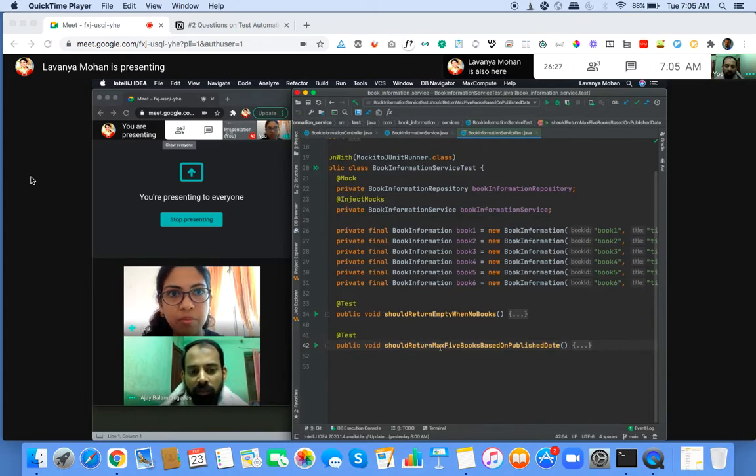But then if, let's say, the app method itself is very large, it's doing too many things, then of course you can't name it just like this because there are multiple responsibilities now. So maybe you would have a slightly different kind of name. But that is also an indicator that you probably need to break that method down into smaller methods so that it is easily testable. So in a lot of ways, one of the things about having unit tests is it also gives us a very good indication of whether our app code is easily testable. And if it's not easily testable, it means that we need to update the design of the app code.